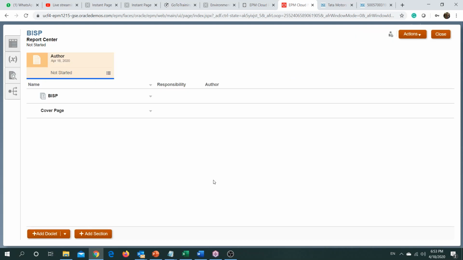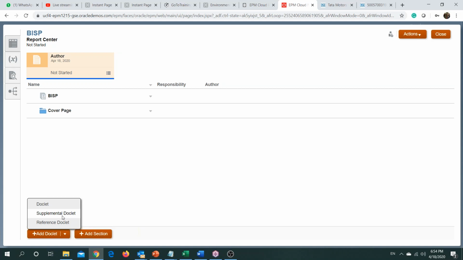Now once a section has been created, we need to provide the information. The information is to be provided using the doclets. There are three kinds of doclets. One, a simple doclet, then we have a supplemental doclet and the reference doclet. So why three? There are certain variations. Doclet is the one wherein all the information provided by the user is visible under the preview.